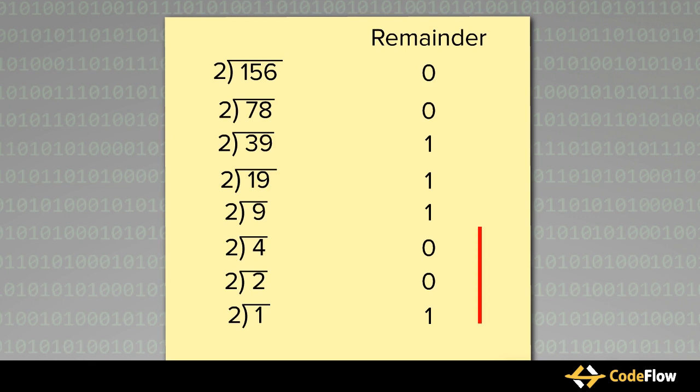To convert this number into binary, we divide 156 by 2 continuously until the quotient becomes 0. And while dividing the number, we keep track of the remainder. Next, we build our binary number by arranging the remainders in a way such that the first remainder becomes the last digit in the sequence. So in this way, we got 10011100 as the binary equivalent of the decimal number 156.